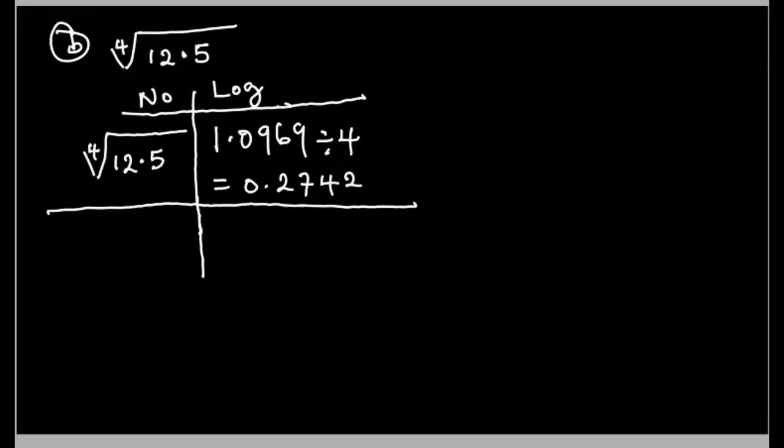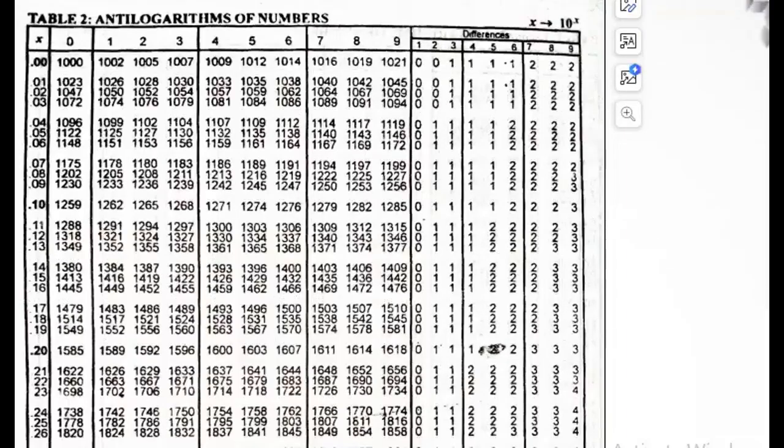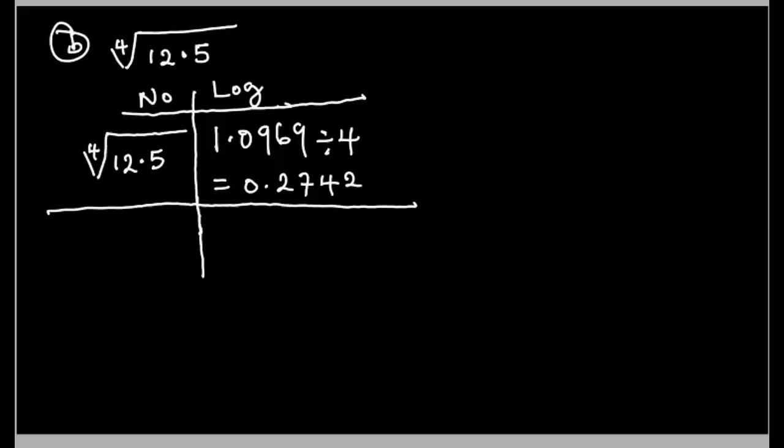0.27 under 4 difference of 2 in the antilog table. As you can see, for the antilog table, 0.27 under 4 is 1879, and difference of 2 is just 1. So when we add it, it gives us 1880. So we write it here. It becomes